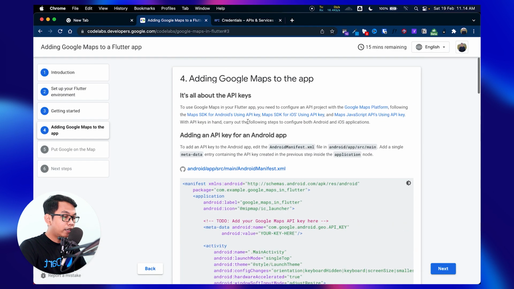And the important thing is we need to generate an API key for our Google Maps SDK. We can see we need to create a project on Google Cloud Platform, and then enable Maps SDK for Android and Maps SDK for iOS.